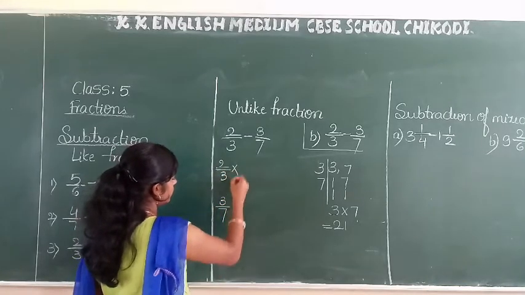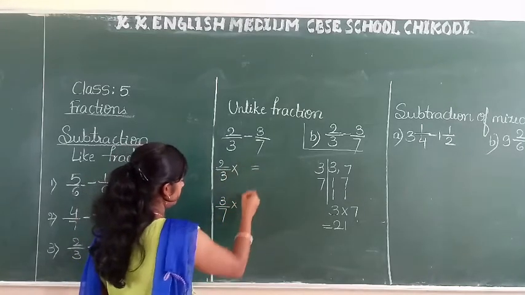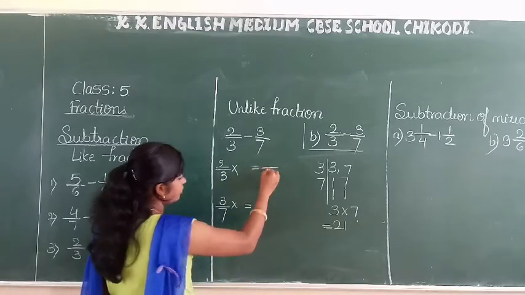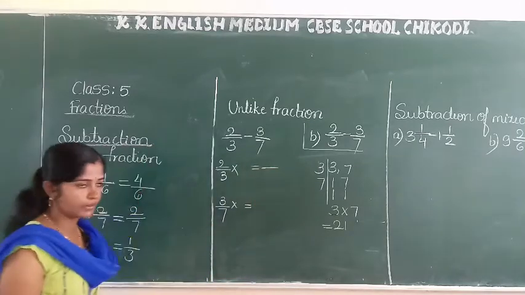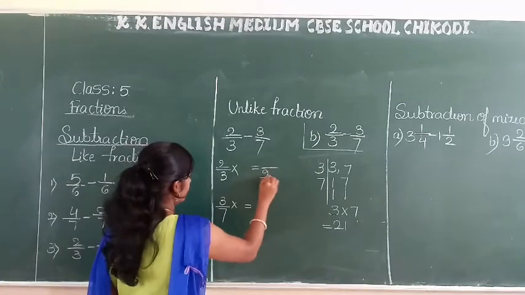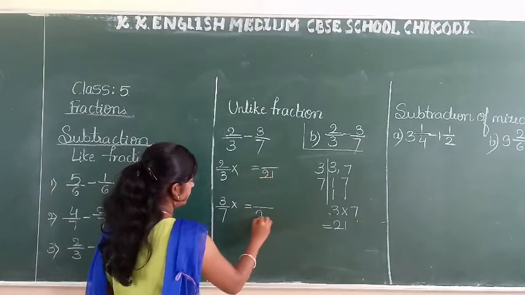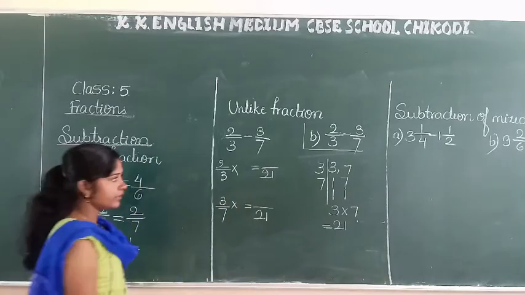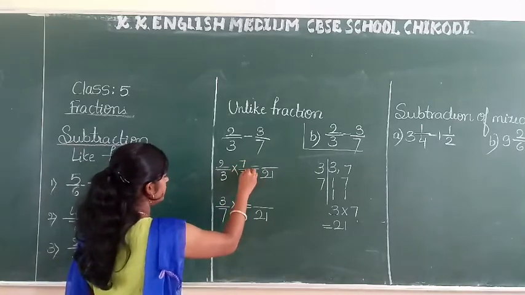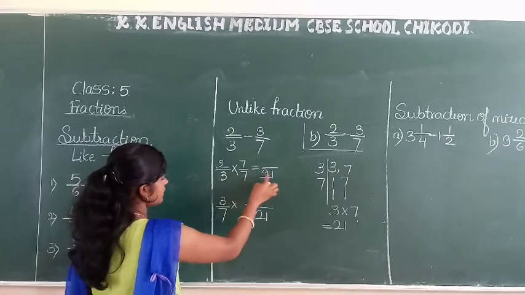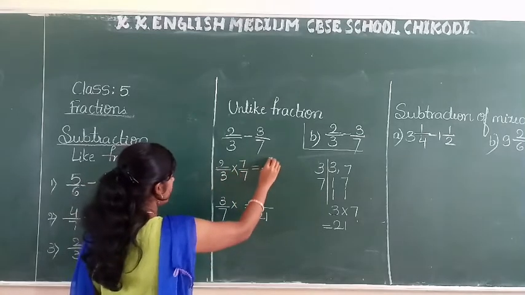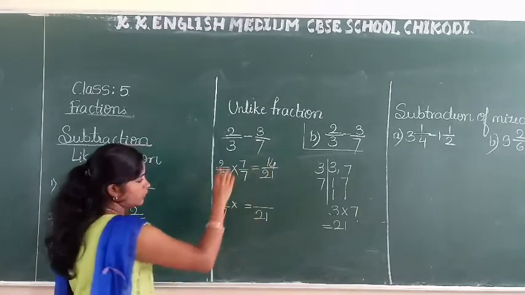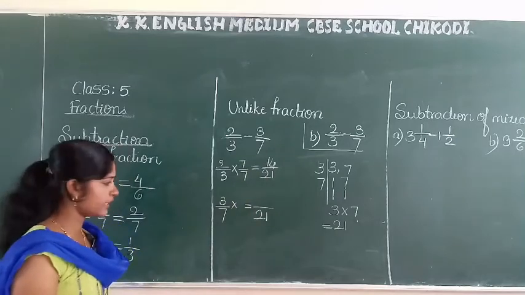Okay, here you take the multiplication and equal sign. What I have to write here? 21, because my LCM is 21. Here also you have to take 21. Then tell me 3 how much are 21? 3 sevens are 21. 2 sevens are 14. Numerator and denominator you take the same number.